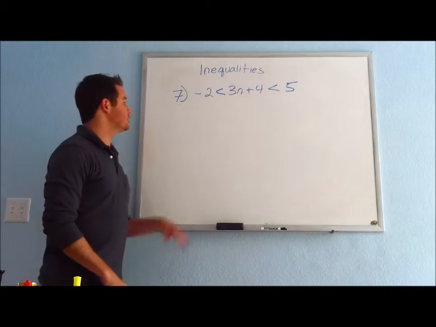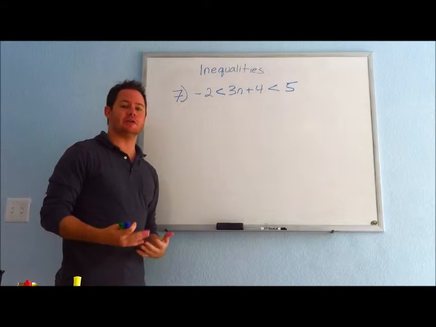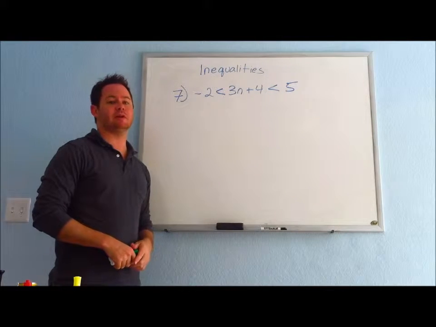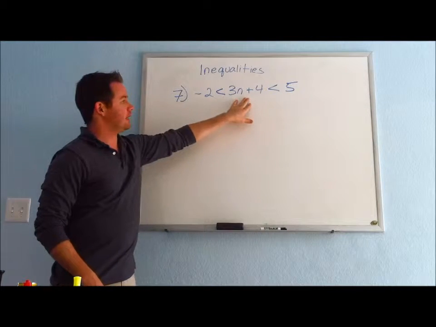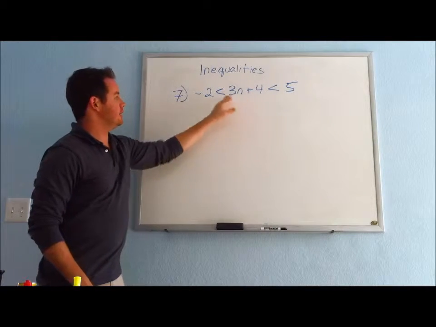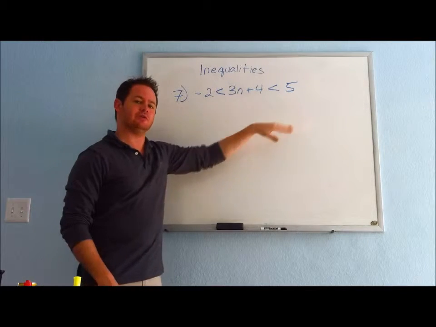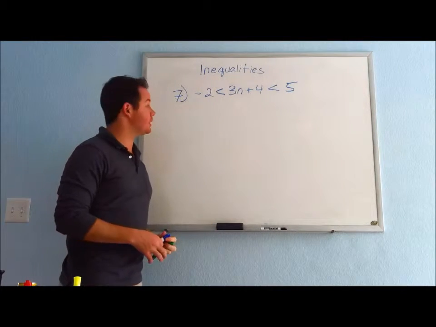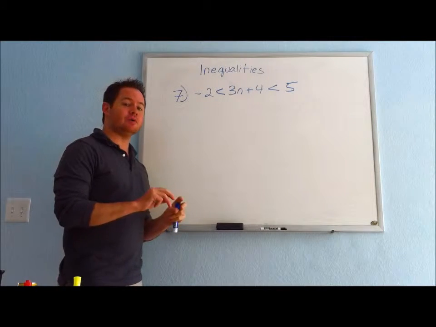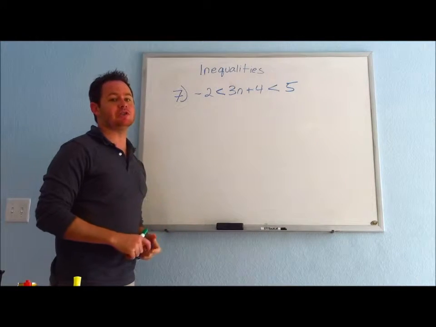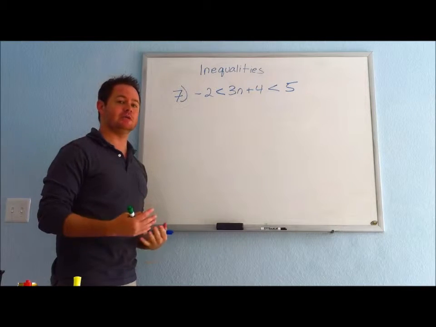In this problem, which is number 7 from a recent test that we had in my Algebra 1 math class, we're going to take a look at a compound inequality where you have a variable expression in between two values. So essentially we have two inequality equations in one, and my recommendation would be to go ahead and break that up into separate equations. It's going to make it a little bit easier for us to keep track of everything